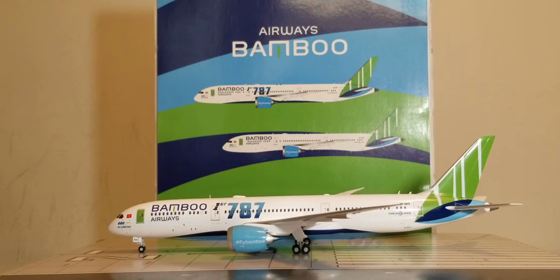Bamboo Airways became the second Vietnamese operator after Vietnam Airlines, as well as the 43rd operator in the world of aviation that acquired this prestigious state-of-the-art aircraft, as Bamboo Airways took delivery of its first of 14 Boeing 787-9s, along with the MOU, a Memorandum of Understanding, to purchase 20 more aircraft of this type that Bamboo Airways had placed orders for back on June 27, 2018, and received their very first Boeing 787-9 stretch Dreamliner aircraft, which bears the registration ship number